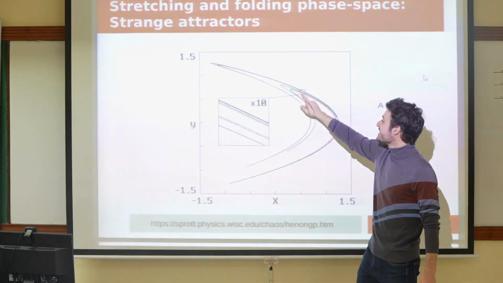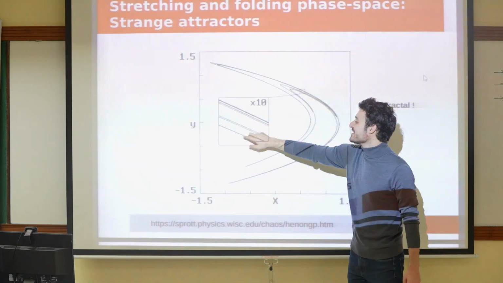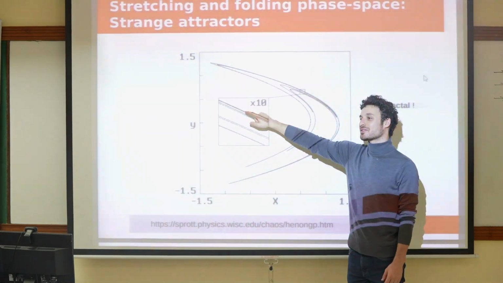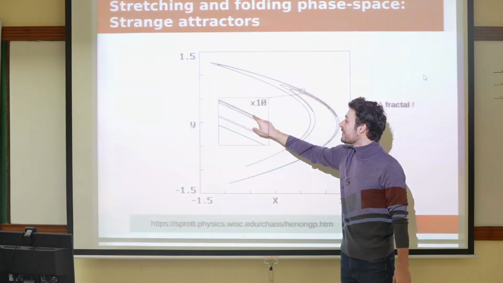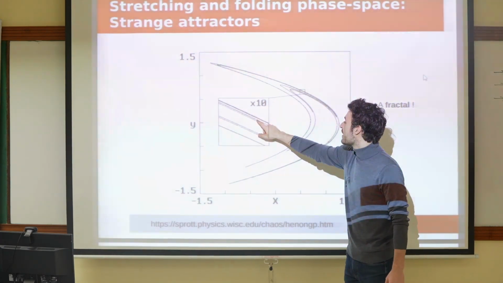If you zoom in, it's actually 3 lines close together. This is important, because look, you zoom in, you have 1, 2, 3 lines. This line looks a bit thick. If you were to zoom in, you would get exactly the same feature. This is not a thick line, this is 3 lines. And you would do this again and again, in the same way that this line is not actually 1 line,